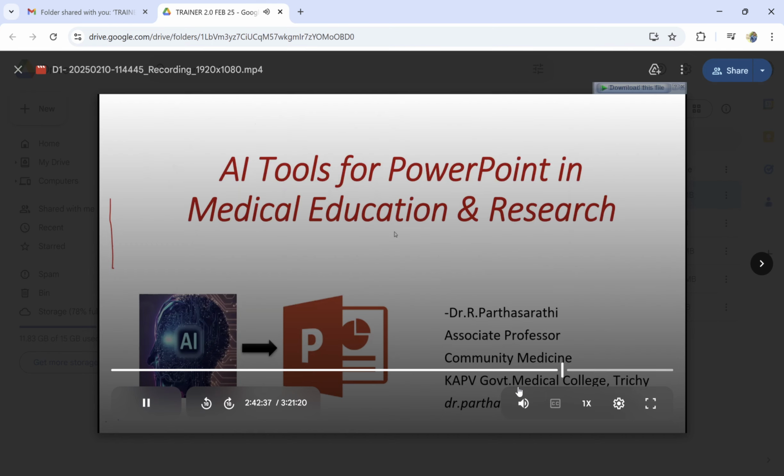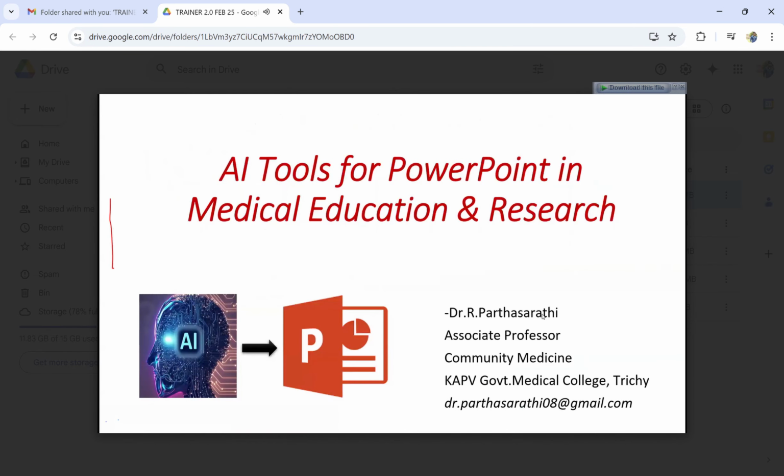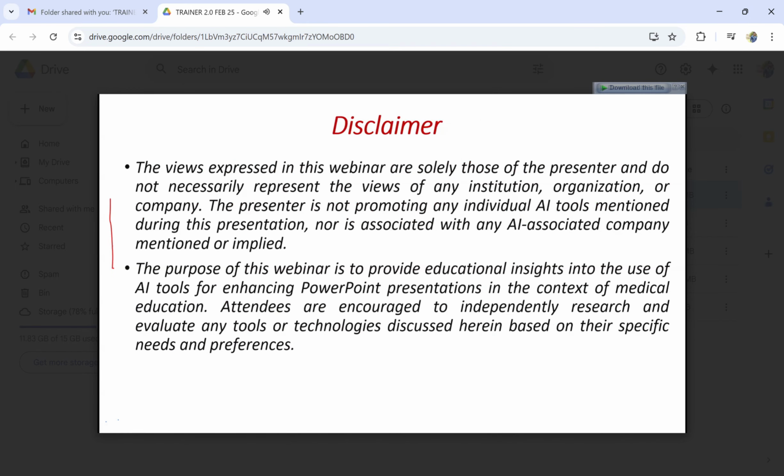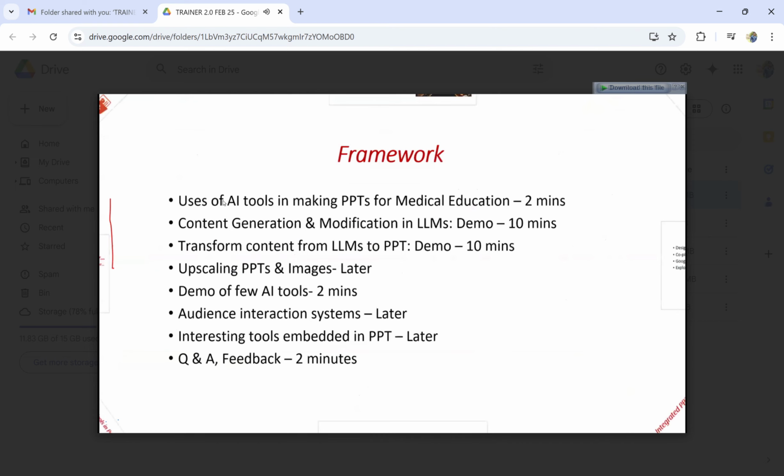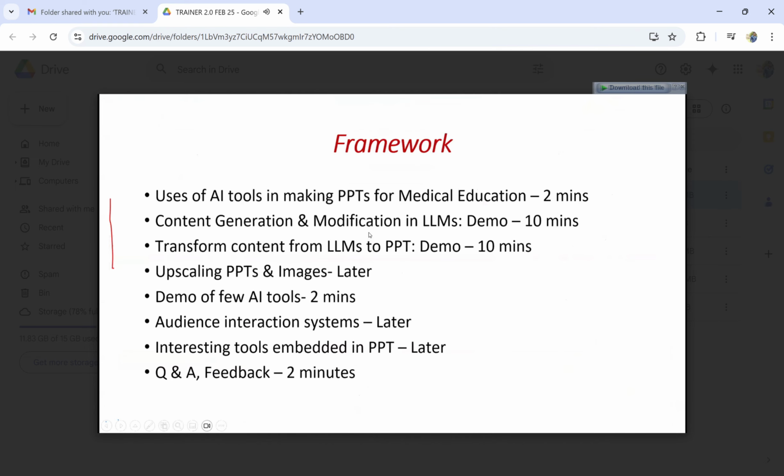It is inbuilt in our PowerPoint itself, Microsoft 365 itself. So now I have started using it regularly. I'll show you, if time permits, at the end, or otherwise we'll definitely show you. And regarding the framework: use of AI tools for medical education, content generation and modification,